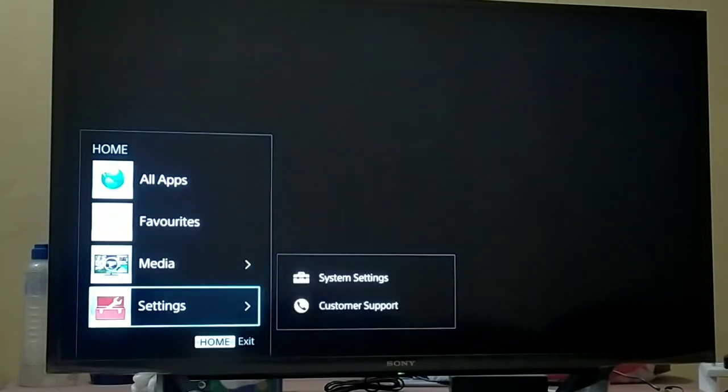Yes friends, on the TV screen you can see we have the options all apps, favorites, media, settings. Now we need to just confirm whether the internet is connected or not. So go to all apps.